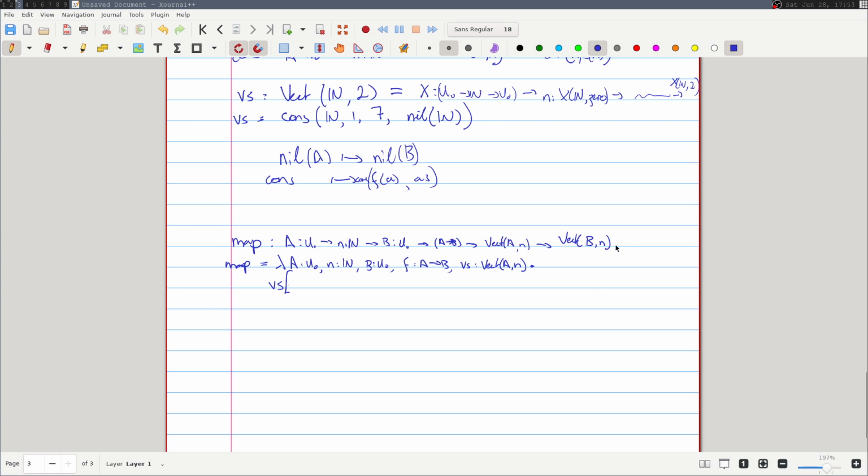So if we want to return a Vect, oh, right, okay. So we want to return a Vect, and what is a Vect? It's this garbage type, so we're going to try to return a Vect. So we'll take in our X of U0 to N to U0. And what else do we need to take in? We need to take in our nil constructor of type Vect